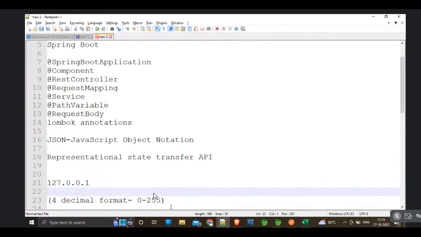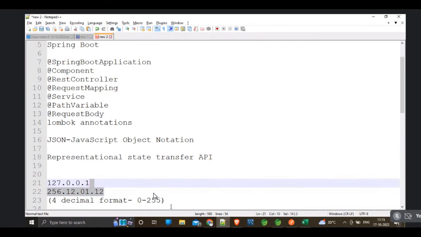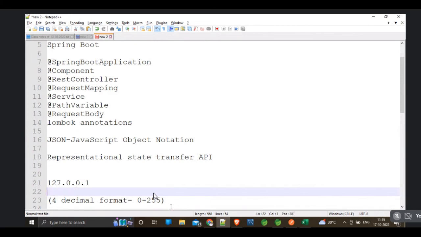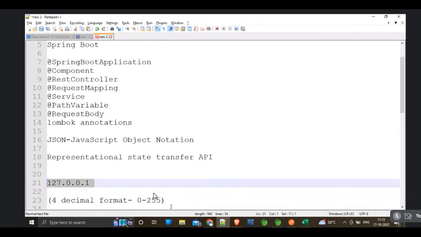If someone asks whether 256.120.0.23 is a valid IP address, the answer is no, because the numbers should be in the range of 0 to 255 only. Remember this. The IP address of our local server is